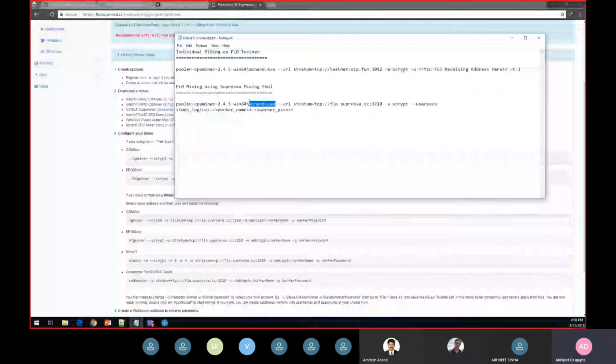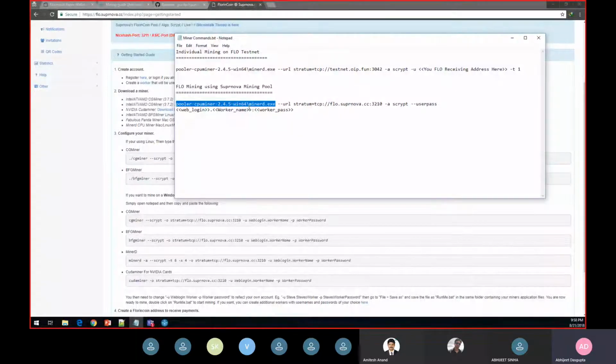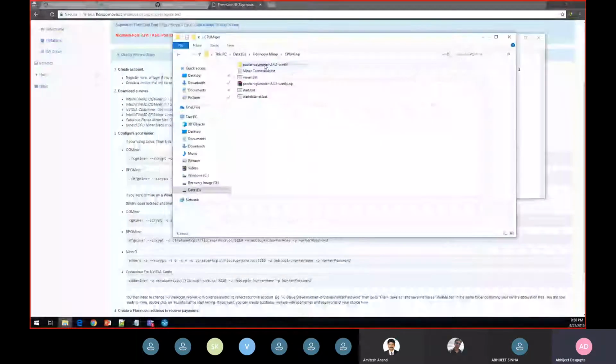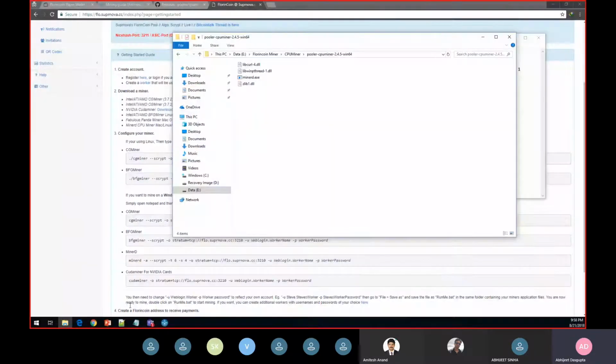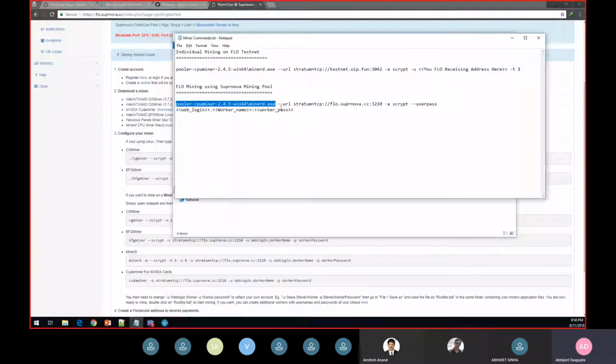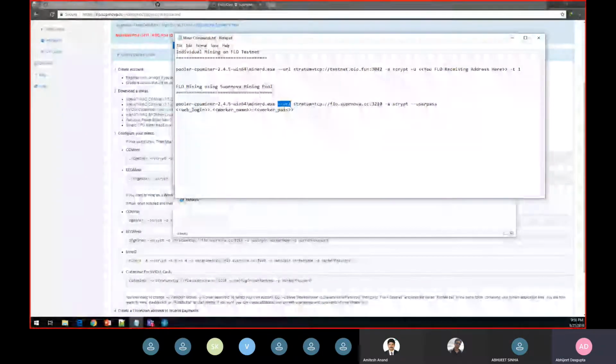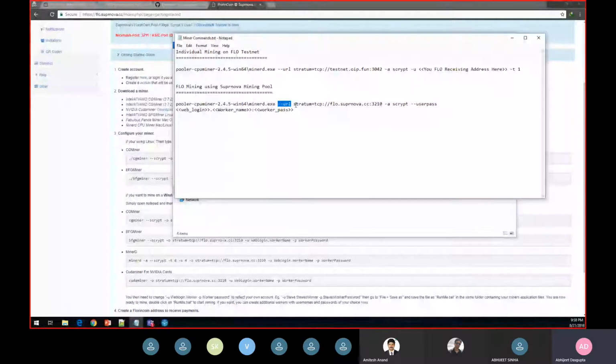You need to open your command prompt, find this particular file minerd.exe, which we downloaded over here, and enter these command line arguments. Let me show you which parameters are being passed. The first flag is the URL. It needs the actual mining pool that you are going to use.